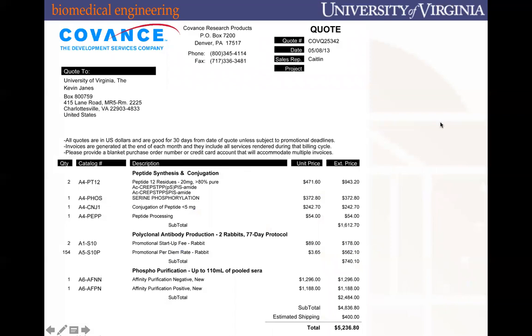So this is an order sheet that the Janes lab used to develop a specific monoclonal antibody for serine phosphorylation for a protein of interest that they have. Typically, when you raise these antibodies against a specific peptide or protein, you also need to have that peptide to do a confirmation study to figure out, does it actually bind to what we have? And so what they did is they had a specific protein